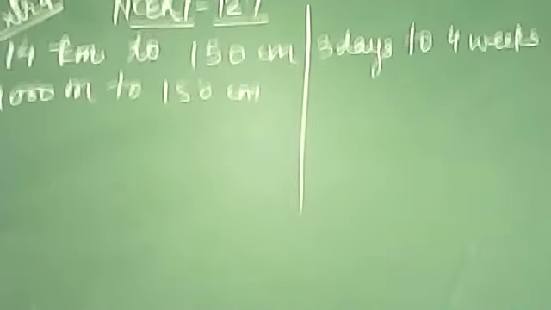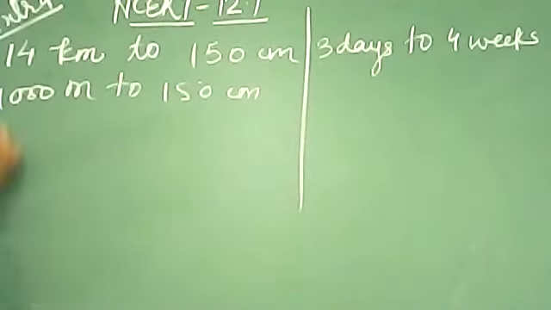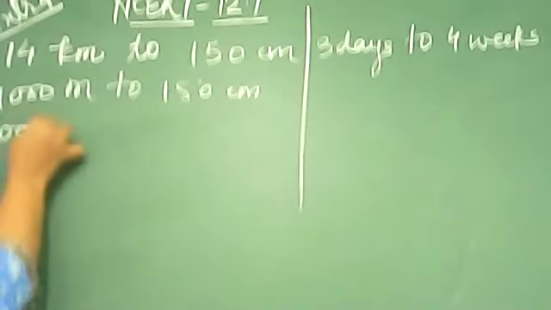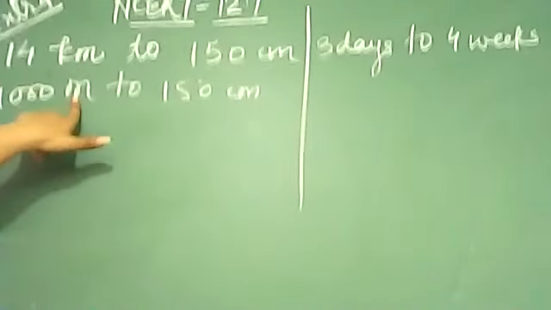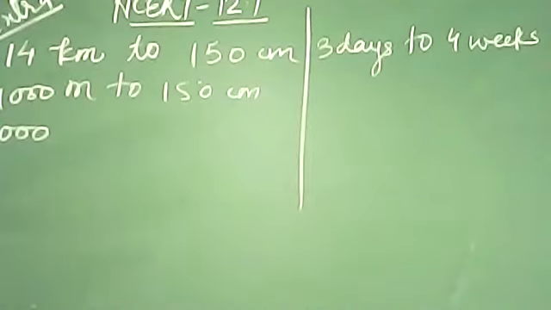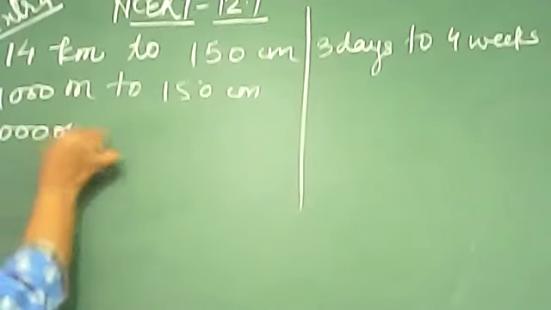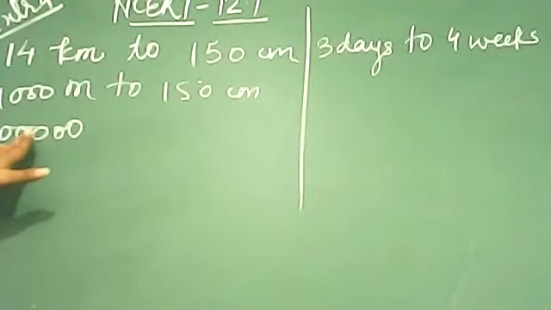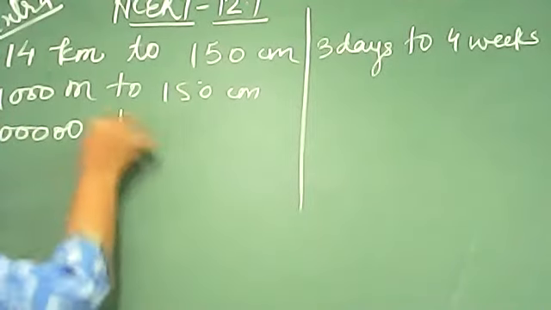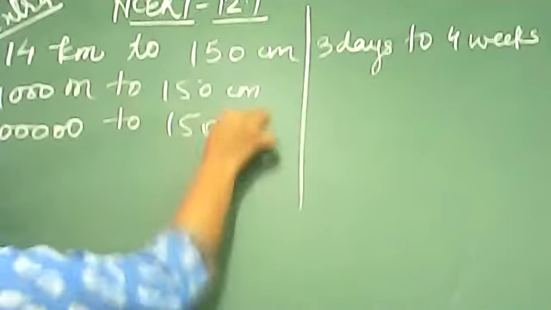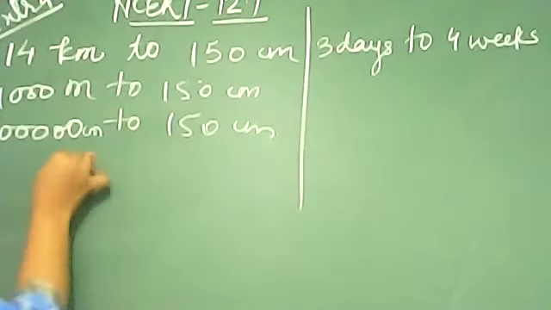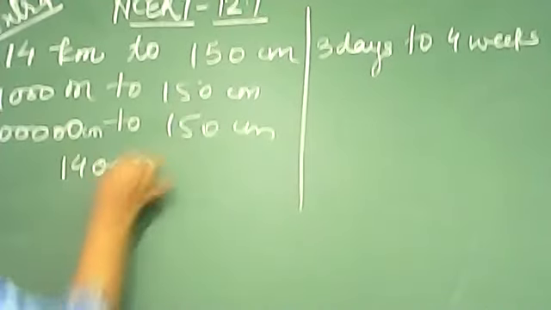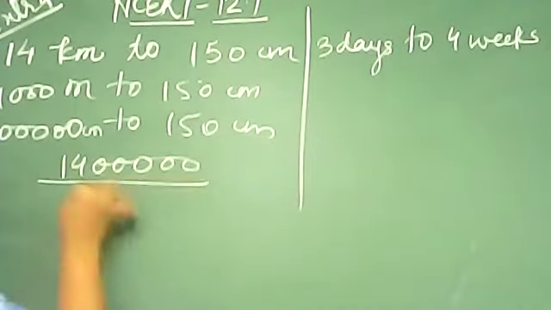अभी भी common नहीं है. Let's make it one more step ahead. 14,000 was already there, and you know meter to centimeter means 2 more zeros will come. 1 meter is equal to 100 centimeters, so 2 more zeros will come here. Fine. Now to 150 centimeter. Now both are in centimeter. Now you can solve ahead by taking the ratio.